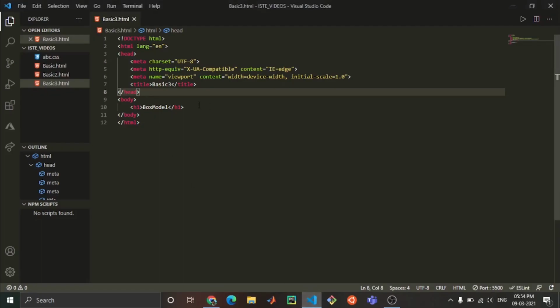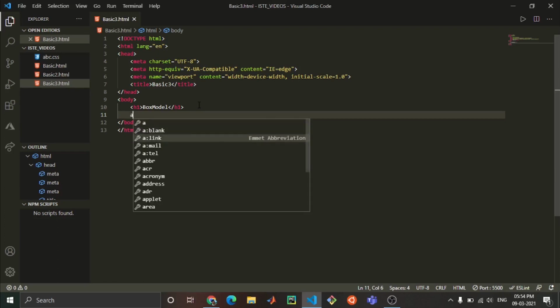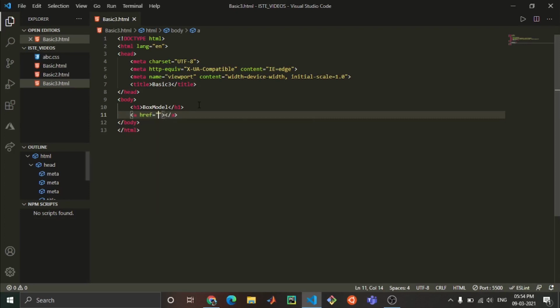Now I will just go ahead with adding links and adding fonts, images, etc. First of all, I just go with links. So for link, there is something called as anchor tag. What anchor tag is? Just write A and you will see A colon link. You have to just tap on it, or you can just click on A as well. It will open as link only. So this is href. Href is just for hypertext, like we can say A hypertext anchor.